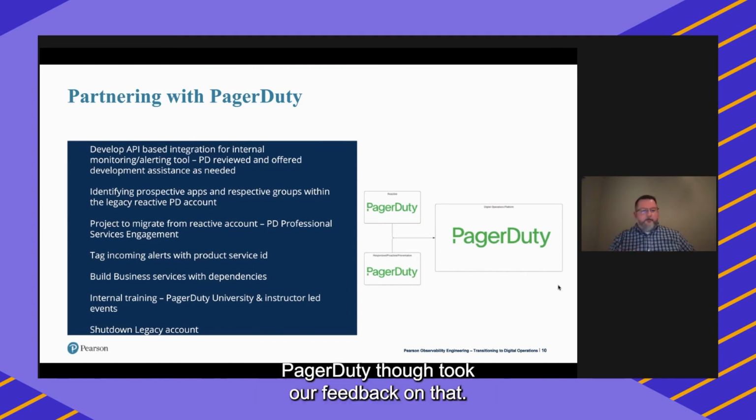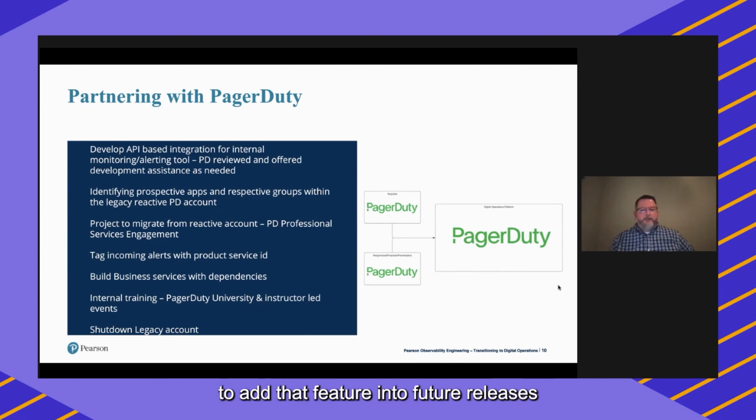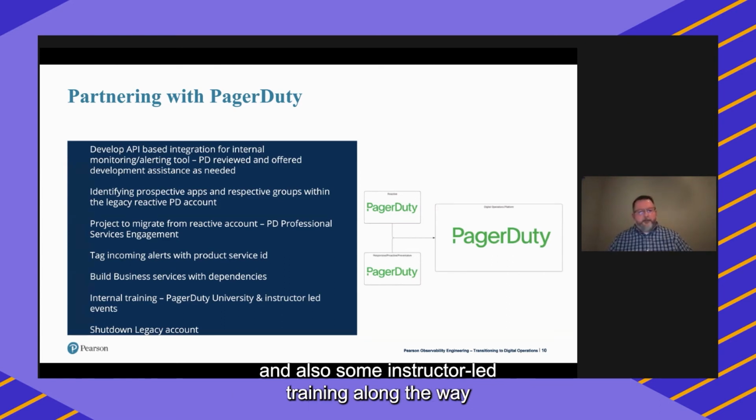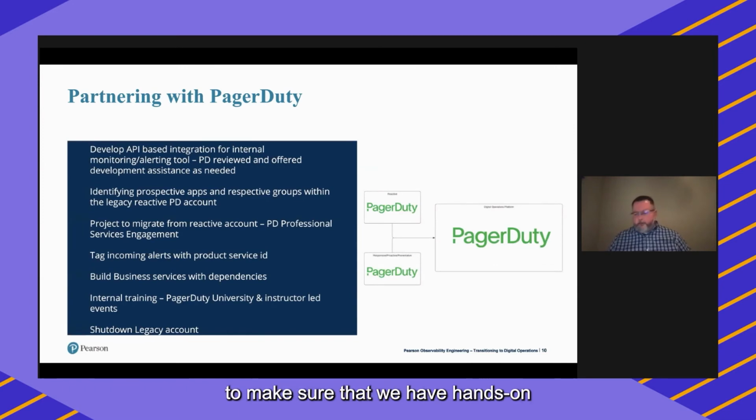PagerDuty, though, took our feedback on that, and we know that it's on their development roadmap to add that feature into future releases of the digital operations platform. They also offered up great training. So we're going to be leveraging PagerDuty University and also some instructor-led training along the way to make sure that we have